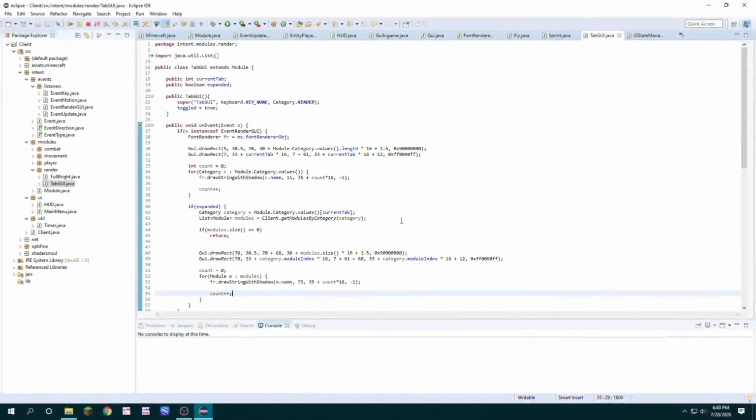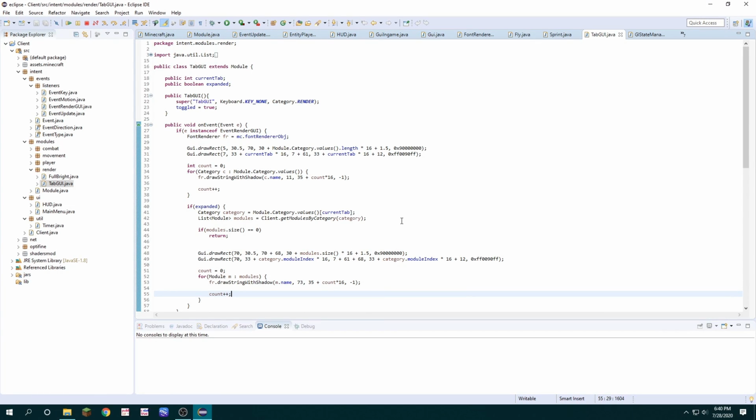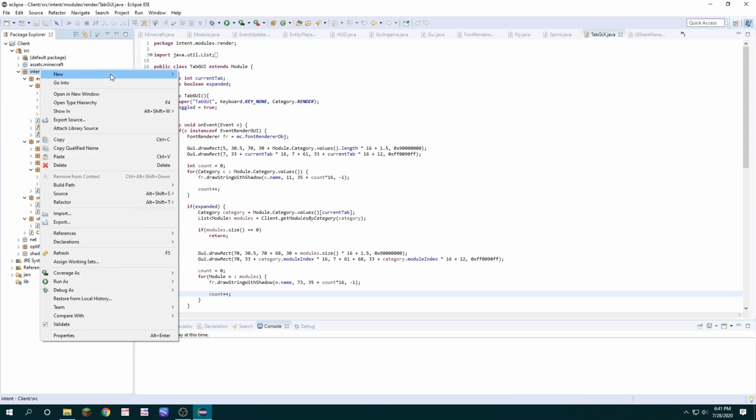In order to add settings to the TabGUI, we first have to introduce a settings system to our client, which it doesn't currently have. So it's not actually that complicated. We just make a couple classes that extend off of each other to give us a structure. We can add them to the modules and then we can start enumerating them in the TabGUI. We can get started by creating a new package called